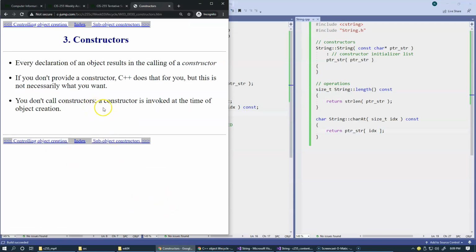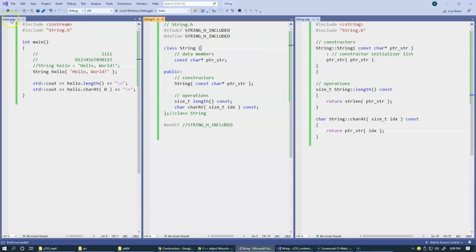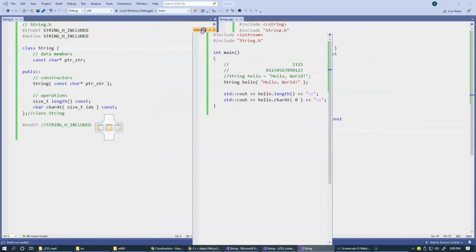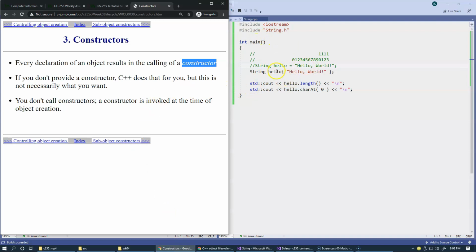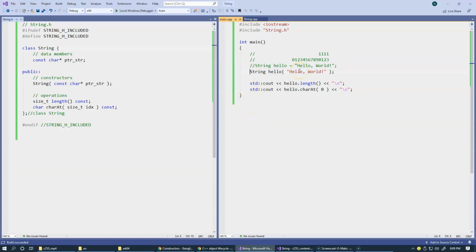So every declaration of an object results in a calling of a constructor. So constructor is always invoked. Okay, so in our situation, when we have this main function example and we create our object, then constructor is always invoked. If you do not provide a constructor, C++ will do it for you, but this is not necessarily what you want. Yes, it's true. For example, what we could do, in fact, let me open